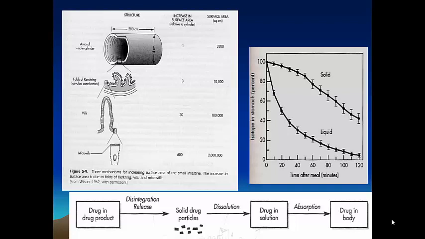So if we give the drug with water on an empty stomach, the way we're going to speed up the first and second steps, which are the disintegration and the dissolution of the tablets, is by giving that tablet with water, because basically the stomach was empty, and if we give the drug with water, the water is going to help dissolve and disintegrate that tablet,